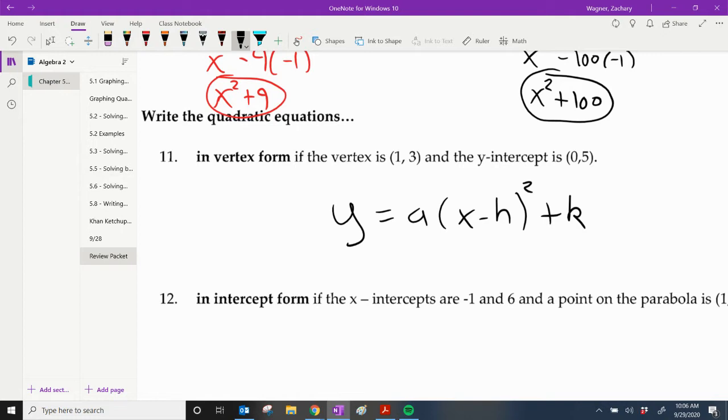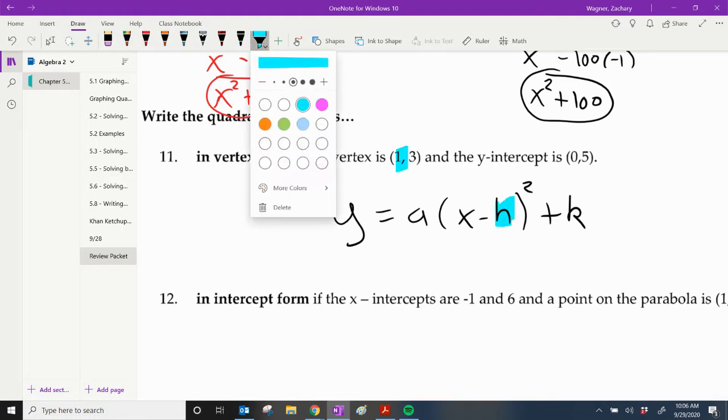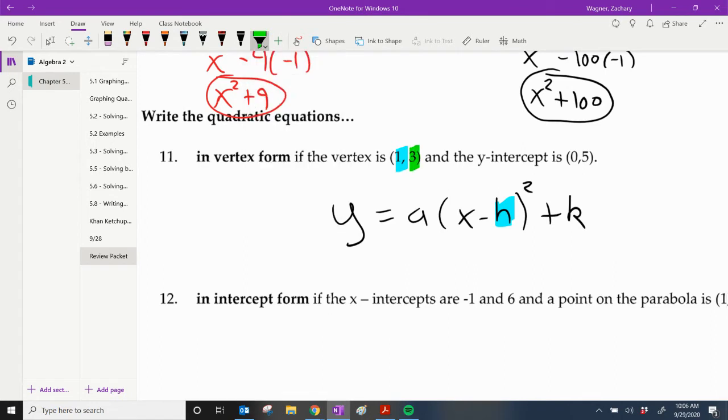This is vertex form, and if you're given the vertex, plug those values in. We know this. So plug those values in. All of a sudden, it's just like working backwards with a graph. y equals a times x minus 1 quantity squared plus 3. There's my vertex form. I need to solve for a, which you need to put a point in for x